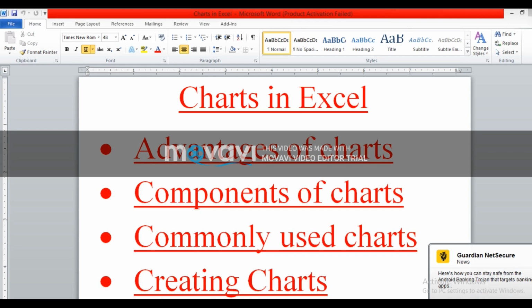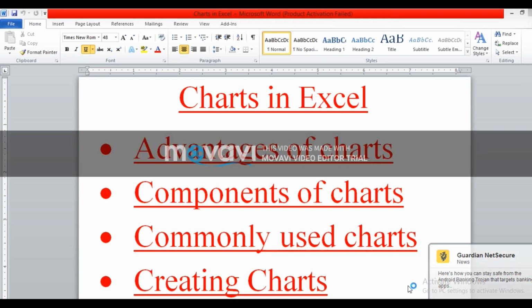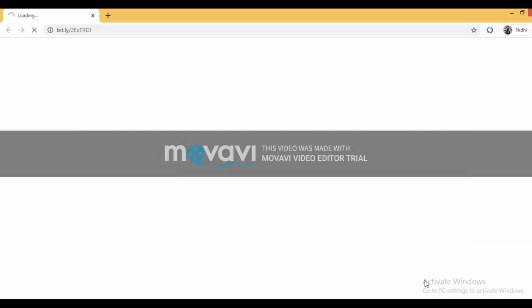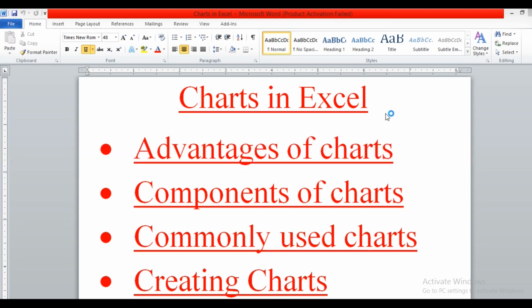Now the next component is the x-axis of the chart. X-axis is the horizontal axis of the chart on which each category is represented. When you represent your data along the horizontal axis of the chart, that is known as category axis or x-axis.